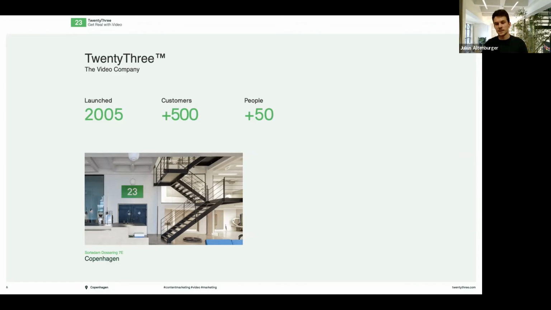What it actually is we're doing, I'm going to dig further into in a second. We are a 50-people company, all working from our beautiful office at the beautiful Copenhagen lakes. So you can say rooted in Copenhagen, out in the world. That's where we are.